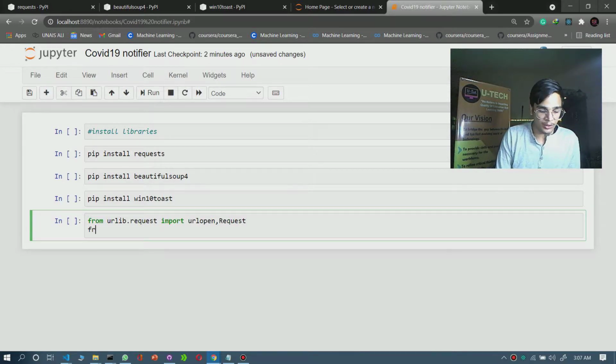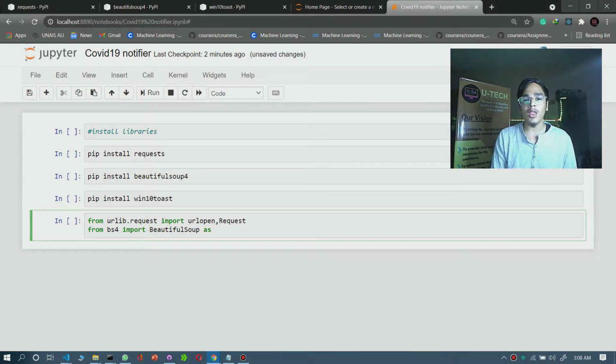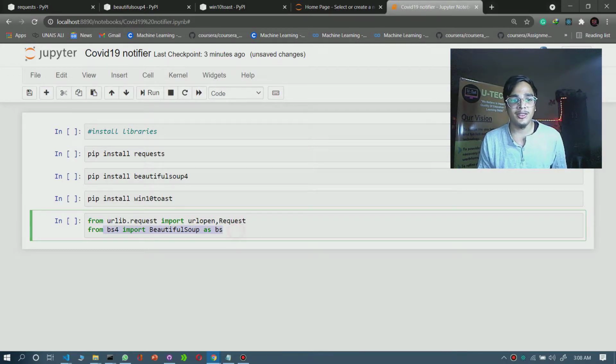After that you have to import bs4. bs4 is Beautiful Soup, so import BeautifulSoup. You have to remember the spelling: Beautiful with a capital B and Soup as a capital S, as bs. Okay, bs means Beautiful Soup.